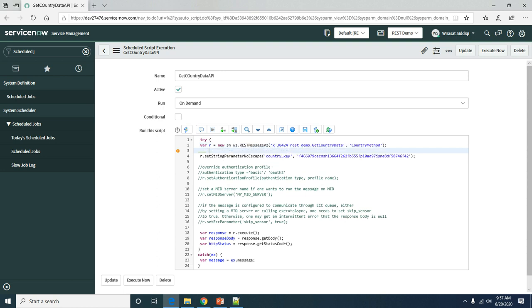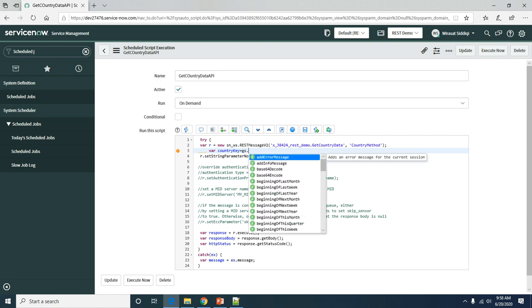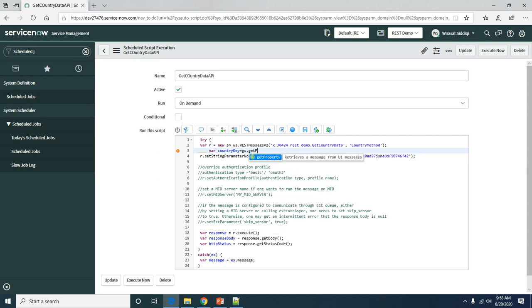get the country key that we created in the sys properties table. So what I can do here is define a variable country key equal to gs.getProperty, and this requires that we find out the country key property. So let's save this,